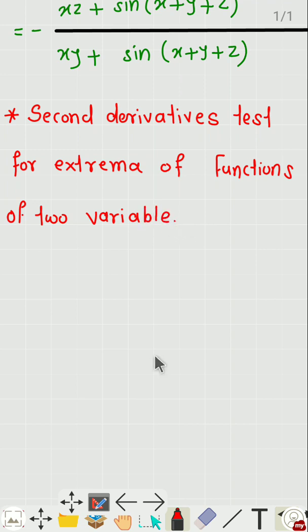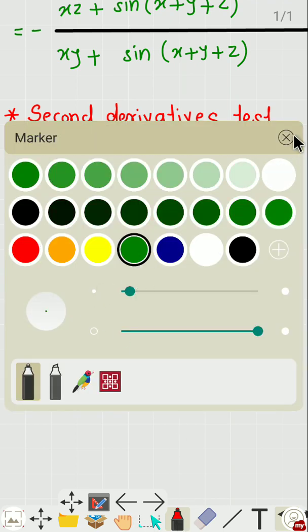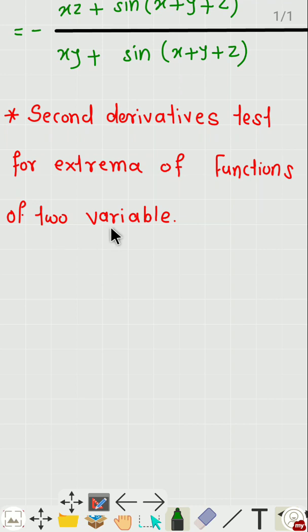Just we state now here. Okay, so we state one proposition. Okay, so that proposition is